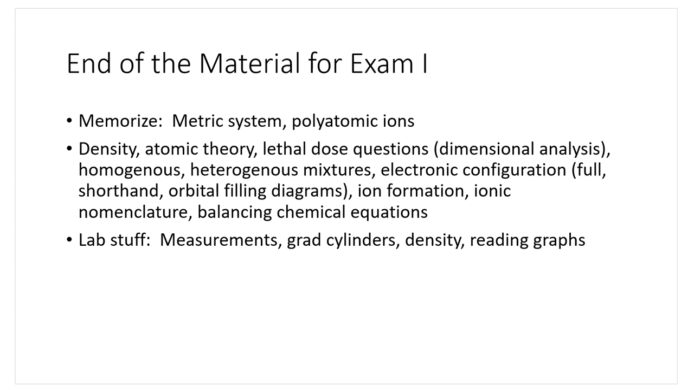The stuff you have to memorize, please, please, please, the metric system and those polyatomic ions. There are 10 of them. Get your flashcards, get those polyatomic ions memorized. The other stuff that'll be on there is density, atomic theory. That means like protons, neutrons, electrons. Lethal dose questions that have to do with dimensional analysis. Mixtures, pure elements, compounds, the electronic configuration. I didn't do orbital filling diagrams with you guys, so we're not doing orbital filling diagrams. Ion formation, ionic nomenclature, balancing chemical equations. So that is the end of the material for exam 1. All right. Are there any